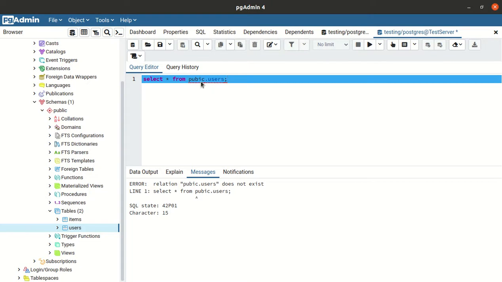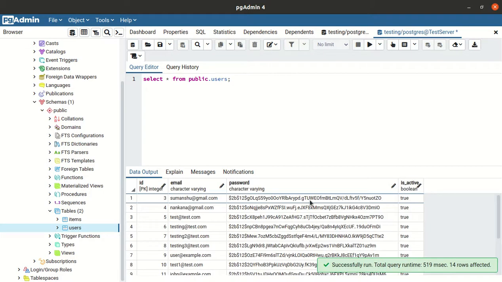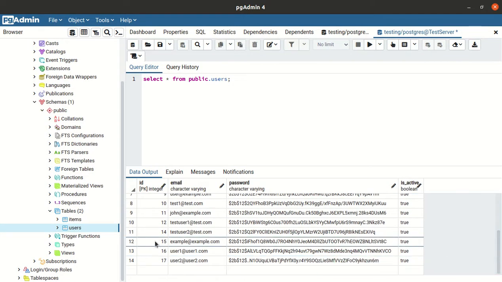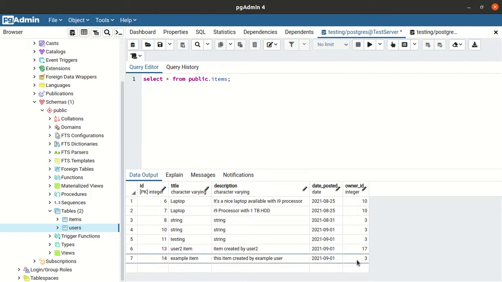So for example@example.com, the owner is 15. So ideally the owner ID 15 should get inserted, right, because this item is created by user ID 15, but here we are getting 3. So how can we correct this? Whatever user creates the item, the corresponding user ID should be inserted here. So how to implement that?